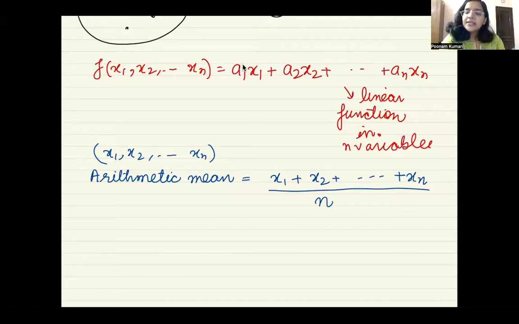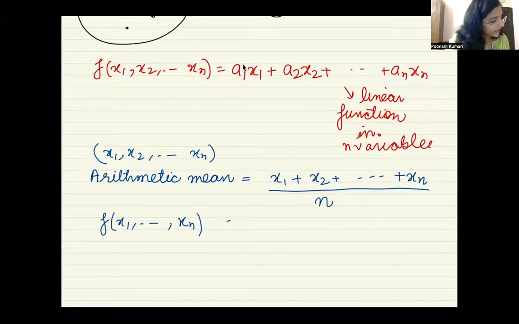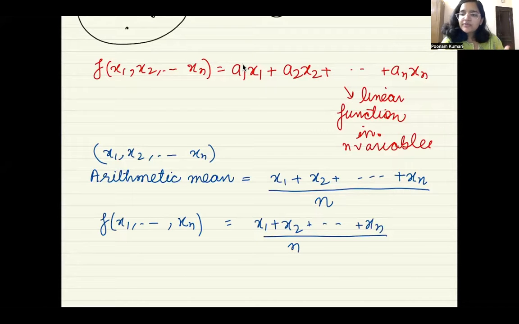तो ये भी एक example हो गया एक function of n variables का, right? तो अब हमारा function किस तरीके से defined है? That is given by x1 plus x2 up to xn and then divided by n. So this is also a function of n variables, right? So इस तरीके से अलग अलग different kinds of functions you can have, and this is a basic overview कि किस तरीके से defined होता है, क्या होता है. ठीक है,